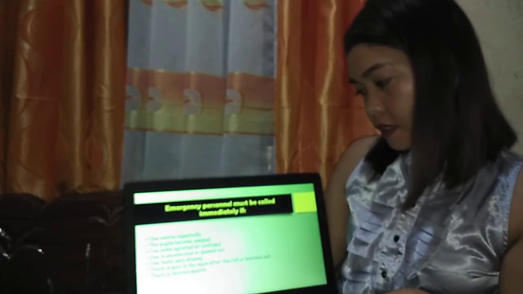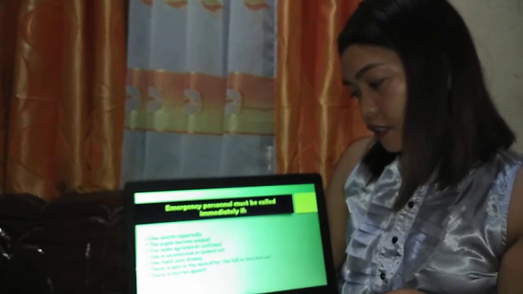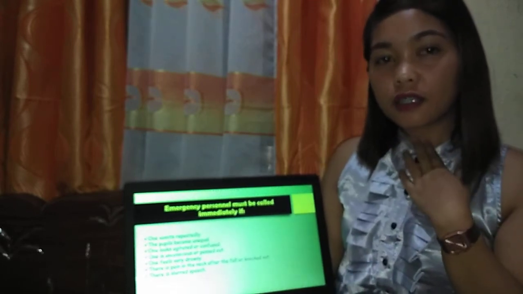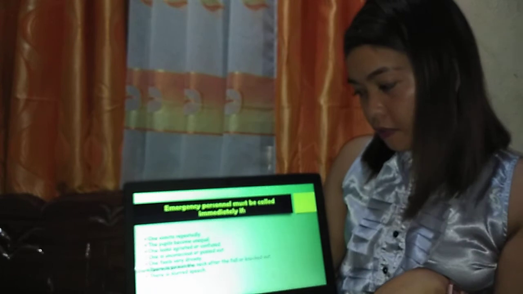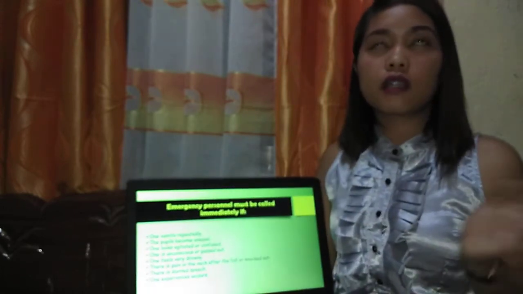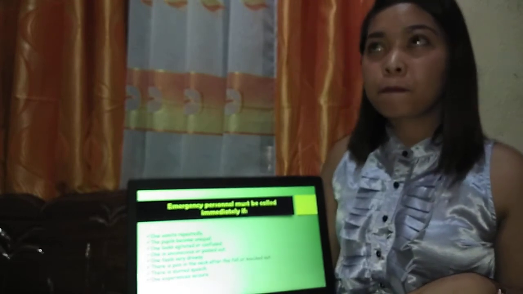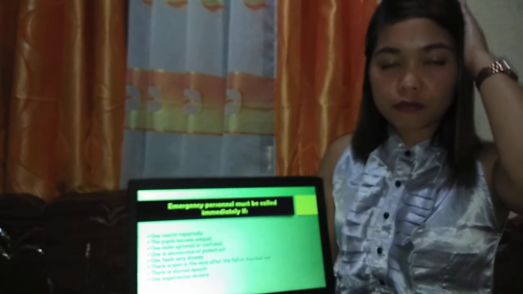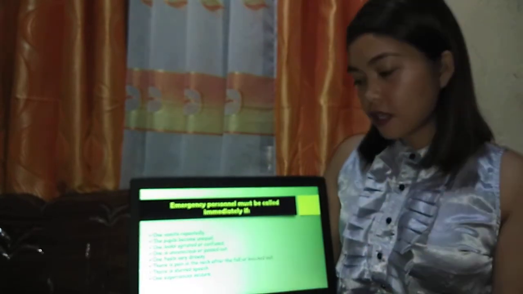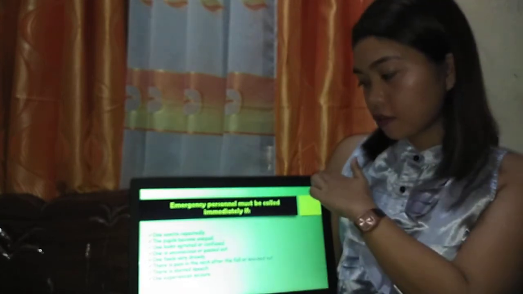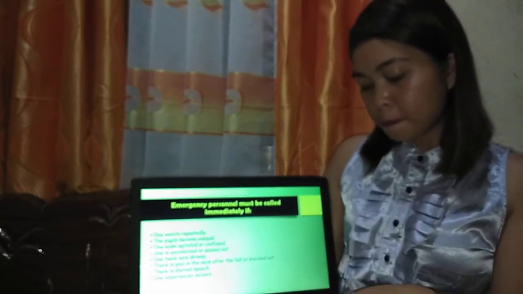Number 6, there is slurred speech or naggagaragaralgal na yung boses ng patient. Hindi talaga po yun normal. And last, one is experience seizure or yung nangingisay na yung patient kasi itong concussion is very critical kasi yung ulo or yung brain yung affected area. So, kapag nagsi-seizure na yung patient, kailangan na natin talagang tumawag ng medical personnel para maagapan yung patient.